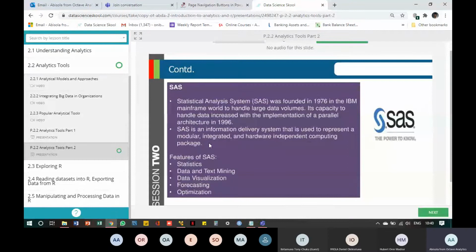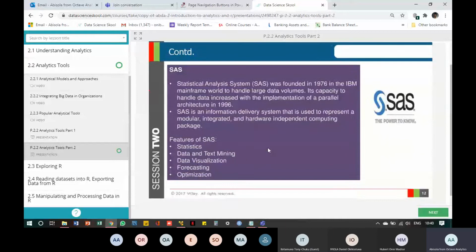So SAS is still used by a lot of companies today, because it handles huge volumes of data, and a lot of companies want analytical packages that can handle huge volumes of data. So it is modular, it is integrated, and it is an independent computing package. And then there are some features of SAS that I'm sure some of us have heard of. Of course, we know it's used for statistics.